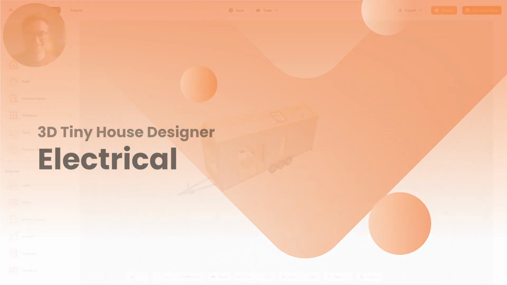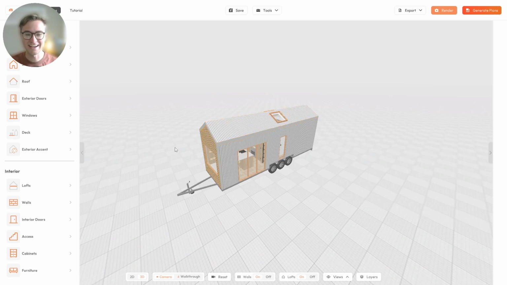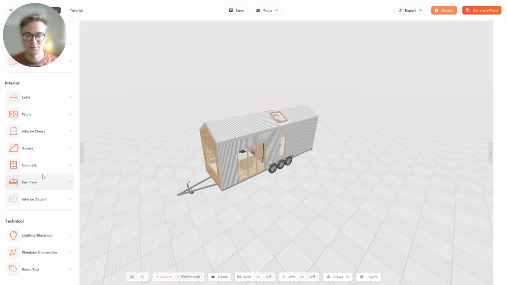Let's have a look at the electrical tool in the 3D Tiny House Designer. The electrical tool allows you to easily design an electrical layout in your 3D tiny house and export electrical plans of it. To get started, I'm just going to have a quick look at the electrical tool itself, which is